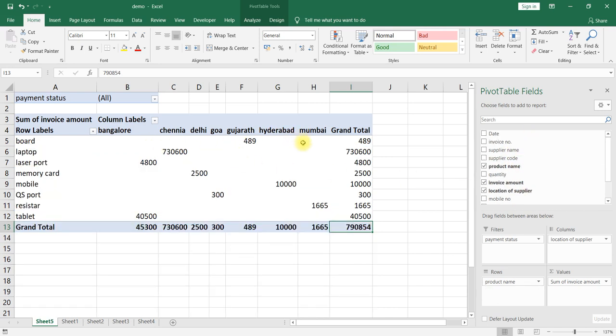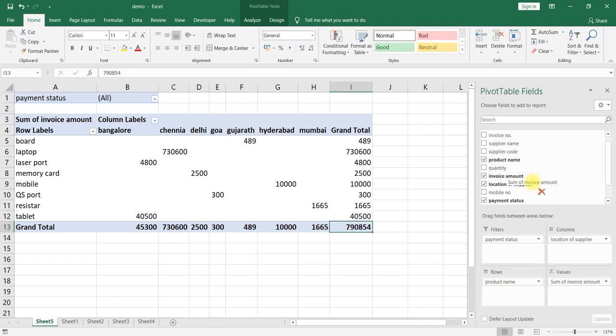Like this we can use the pivot table. With pivot tables, we just have to drag and drop the different columns to arrange them row wise, or column wise, or in a filter. Whatever you would like to filter, you filter here. And whatever you would like to calculate should be in a value.